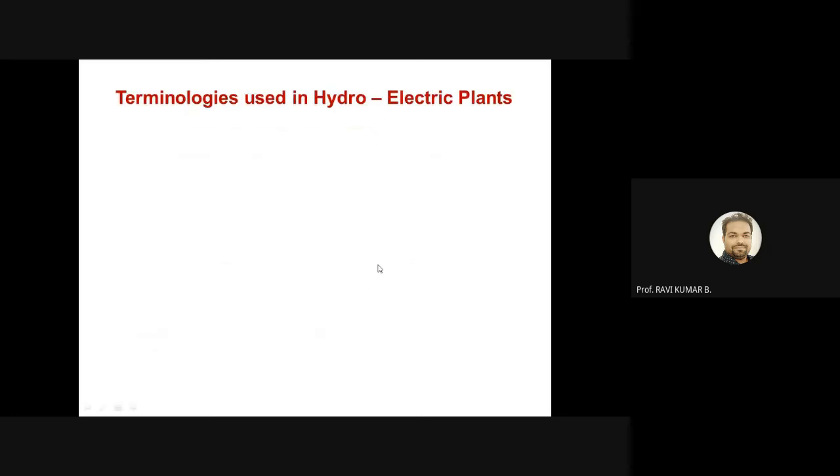Now, the terminology used in the hydraulic electric power plant: the main purpose of this plant is to utilize the head of water to convert it into electricity. That's why we say it is a hydroelectric plant. When you talk about head, it is how much height your water is filled in the reservoir, and how much of that you are able to get at the entry of the turbine. That basically influences the overall power generation from a hydroelectric plant.